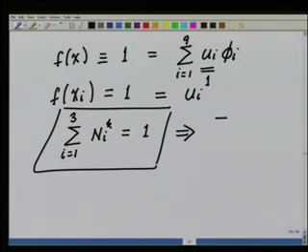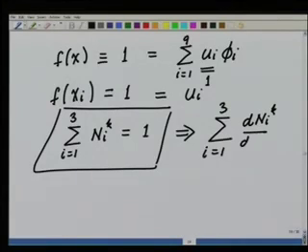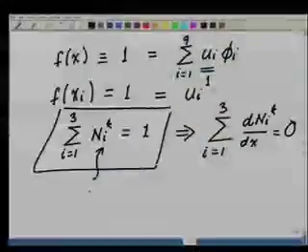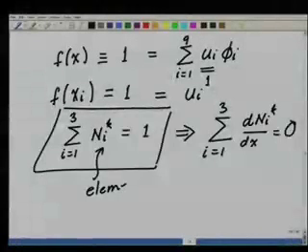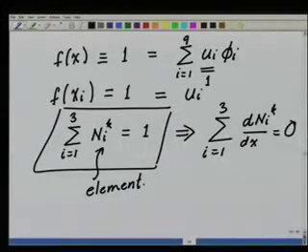This is a property that we should keep in mind, and it also implies that if I take the derivative of this summation, it has to be equal to 0, because this sum was equal to a constant, and the derivative of a constant is 0. These are certain things which we should have in mind, so that when we write the computer program to do the finite element analysis, we can check these basis functions, or the element shape functions, which are the N_i's. We can check whether they have been correctly programmed or not.